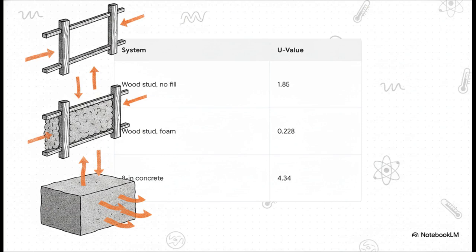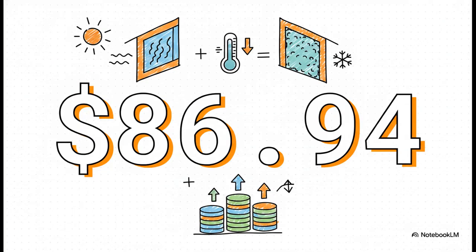Meanwhile, an 8-inch solid normal weight concrete wall has a massive U value of 4.34. These material choices drastically alter a wall's overall heat transfer. But why does this actually matter to you and me? Well, think about this specific number from our source examples: